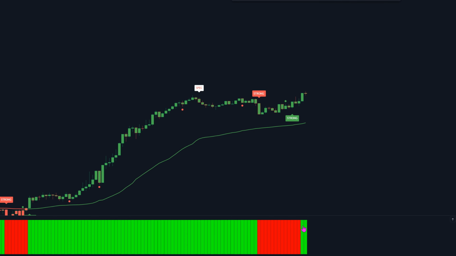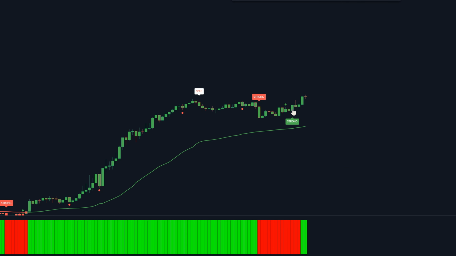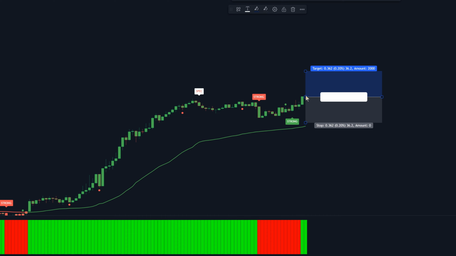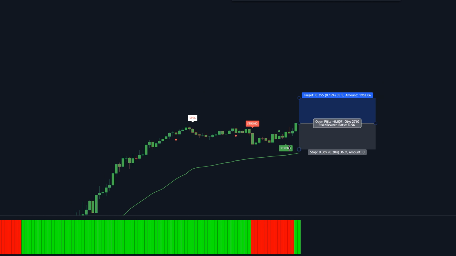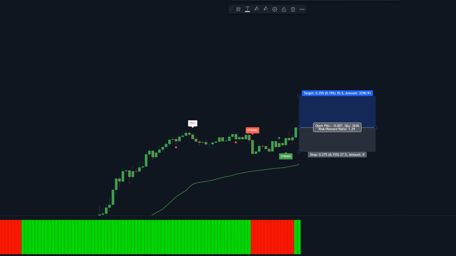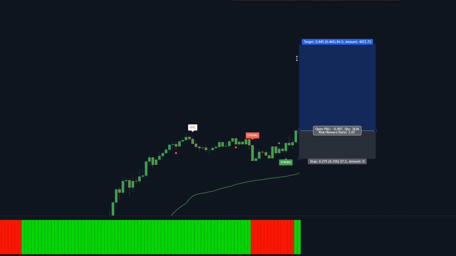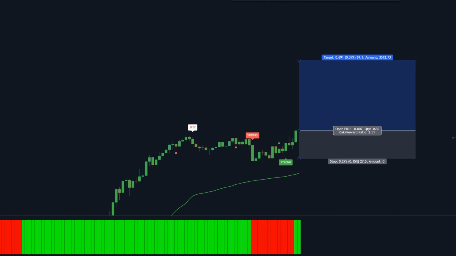So in this trade example, this is not going to be the entry candle. Instead, the entry is going to happen on the first green bar of the Donchian trend, and that is this candle right here. So we enter our long position. We're going to set our stop loss above the most recent swing low, and for the take profit, we're going to set it at 2.5 times the risk. We let the trade run